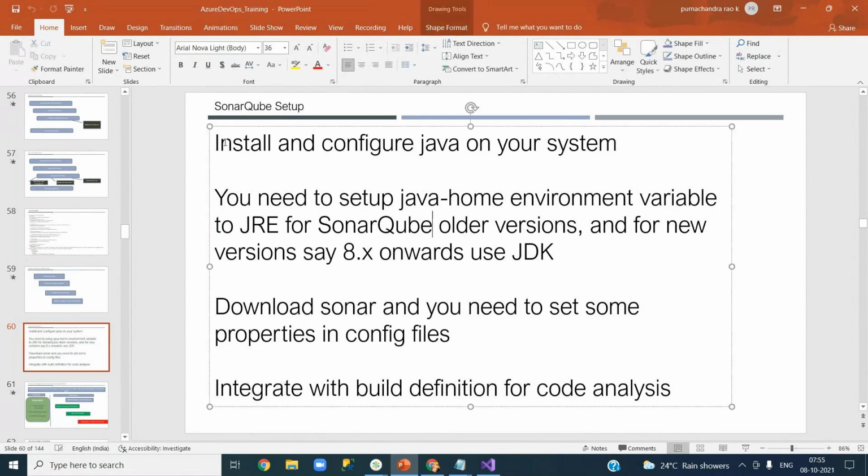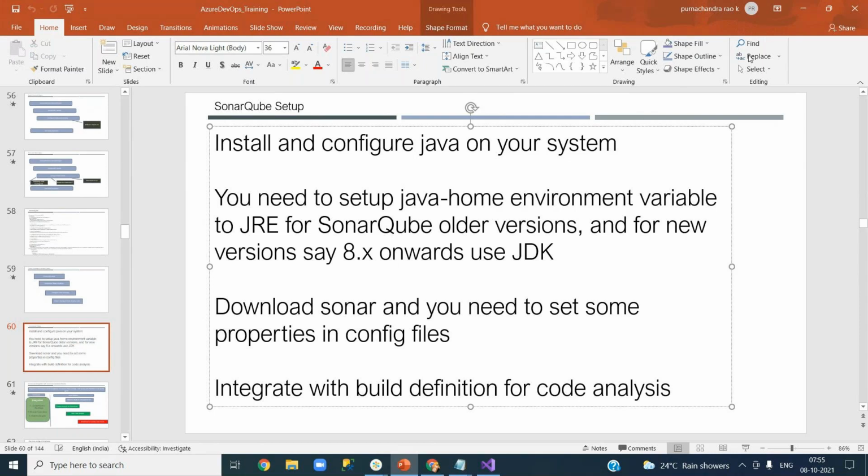You need to have Java on your system, or if you are trying on a laptop, say it's your laptop. If it is a server, it's a server, right? You need to install Java, and then you need to set up the Java home environment variable. If you google it, it will tell you how to set an environment variable. An environment variable is nothing but giving the path. Means, let us say,